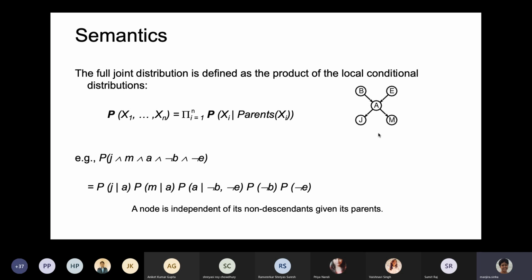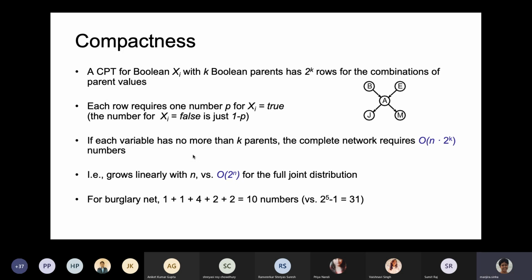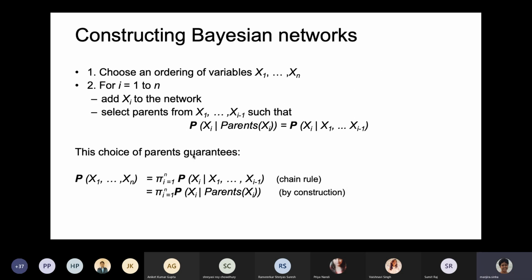That condition also helps us reduce the columns in the conditional probability table. A conditional probability table depicts that depending on the different states of the Boolean parents of a node, what will be the probability of the node to be true. Okay. So yesterday we stopped at this: till the previous slides we have seen